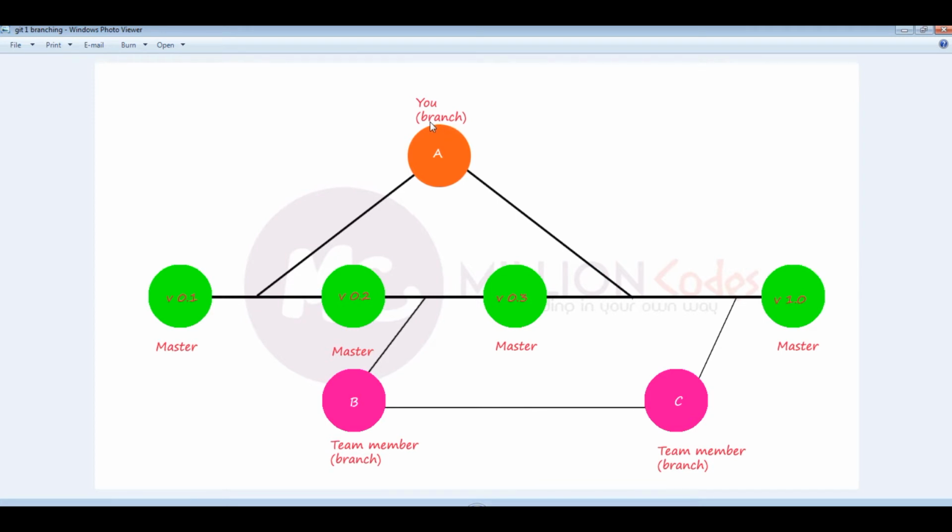So I am committing the changes. I have done some changes with version 1, and I got some work to do with version 1, and I changed the details. I am going to commit the version after version 0.3. I am going to commit these changes. Team B is also doing some work, and C is also doing some work. After I complete the work, I have to merge these files into the entire master branch. If you are a programmer, it's so useful to do what I have mentioned here.